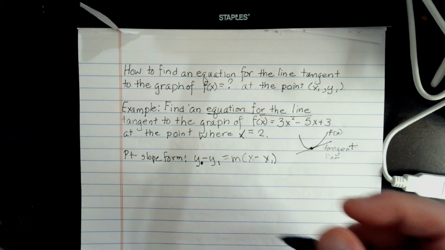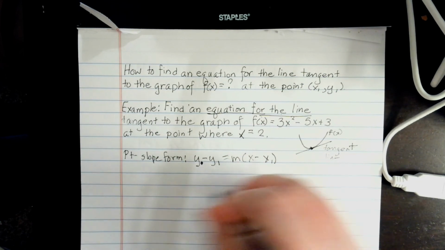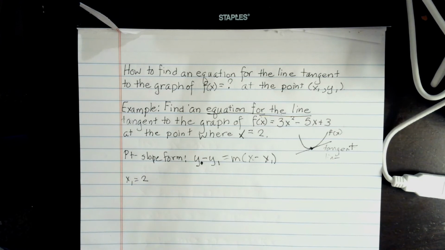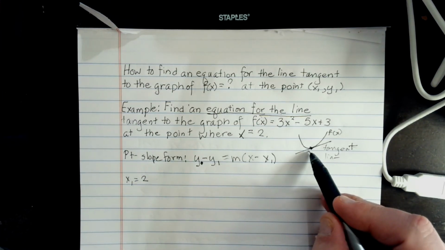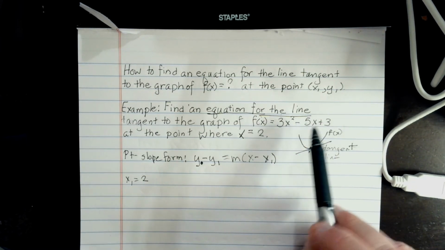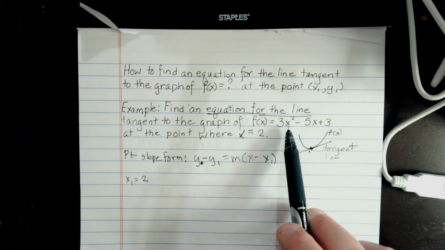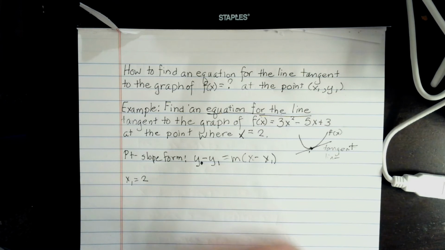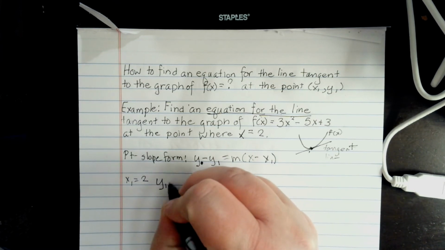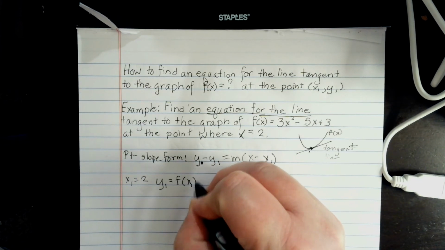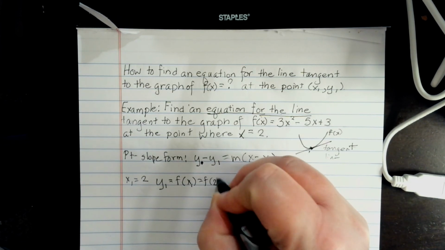So we know that x equals 2, so x1 equals 2. But now what about y1? What's the y-coordinate of this point? Well, this is where we use the fact that the point lies on this graph. You know that if you know the x-coordinate of a point on this graph, to find the y-coordinate, you just substitute the x-coordinate in. So that means in our case that y1 is going to be f of x1, which is f of 2,